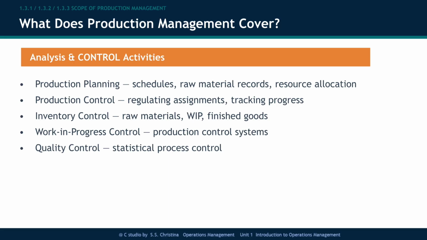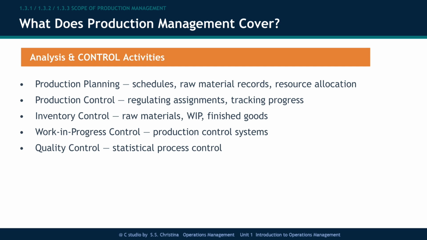Production control. This is real-time monitoring. The production manager tracks whether plans are being executed. If a machine breaks down, a supplier is late, or a worker is absent, control systems detect the problem and trigger corrective action. And within production control, there are three subsystems: inventory control, managing stock levels of materials, work in